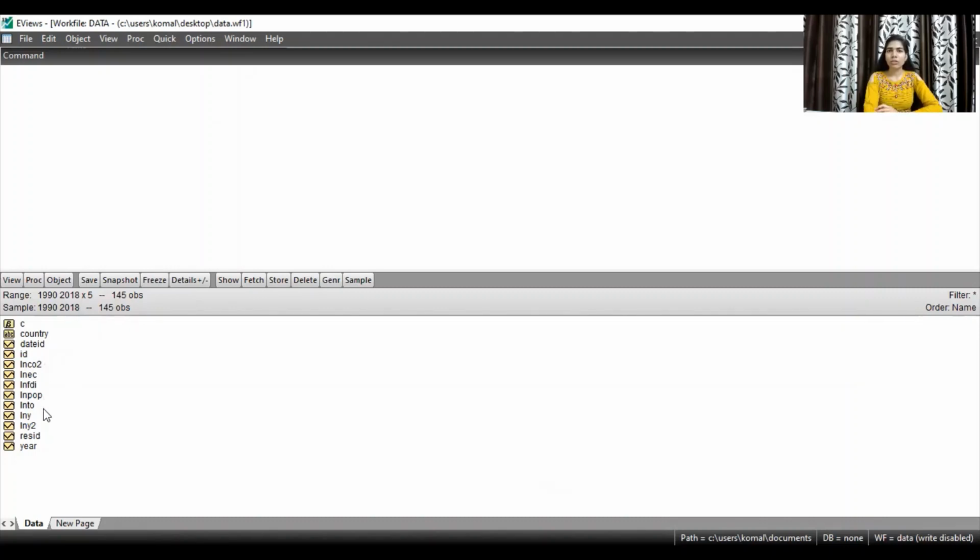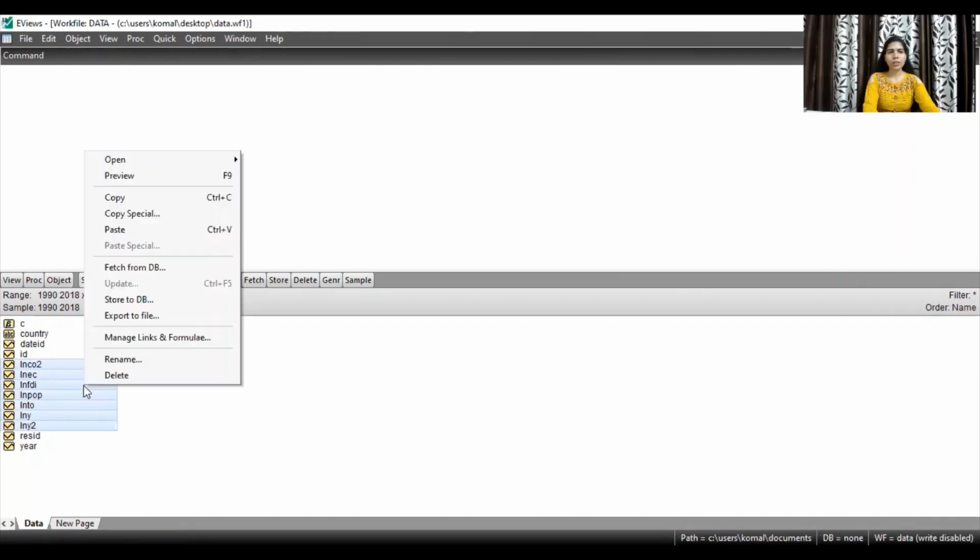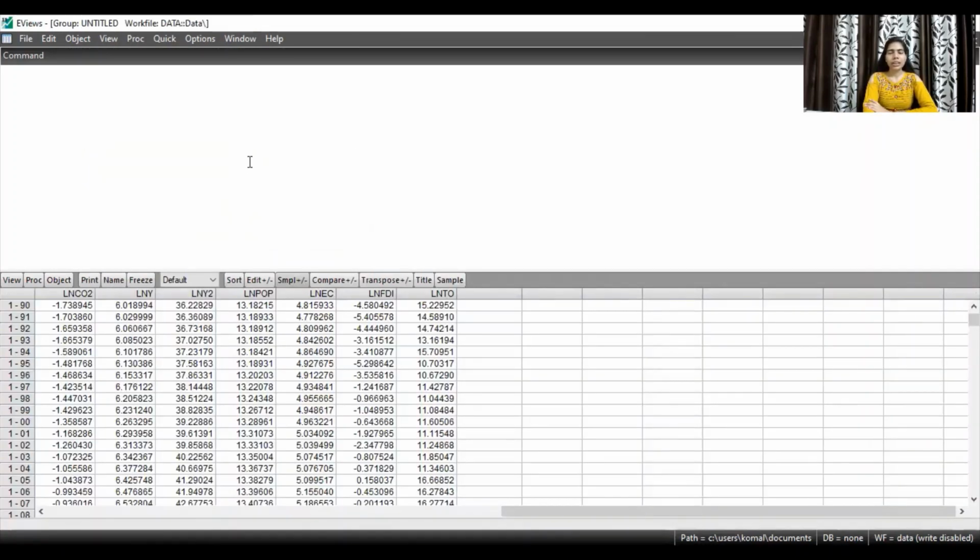These are all the variables, dependent and independent. First select your dependent variable, followed by all the independent variables, and open these variables as a group. So the data is shown over here.